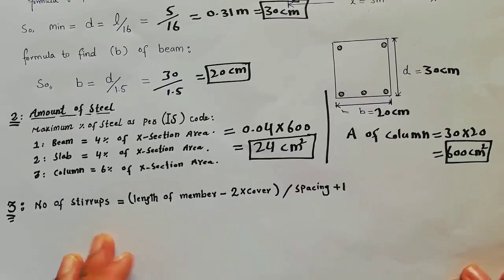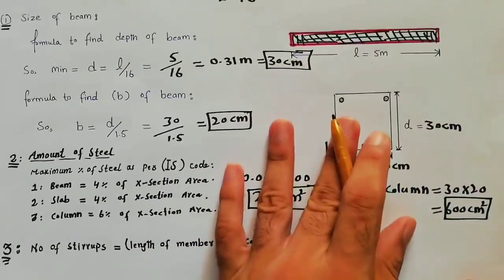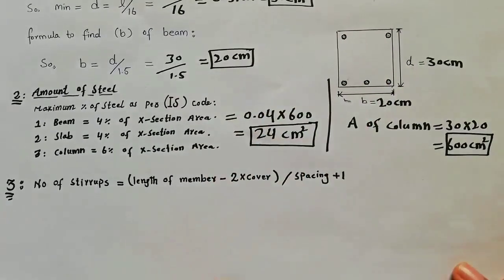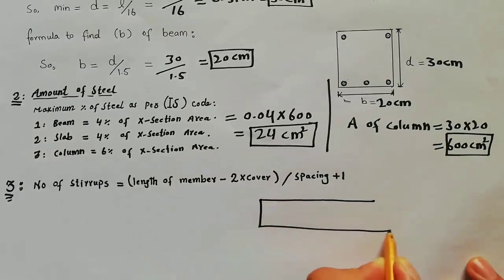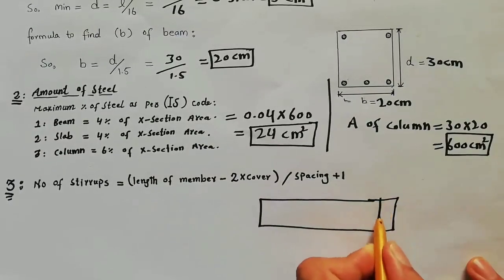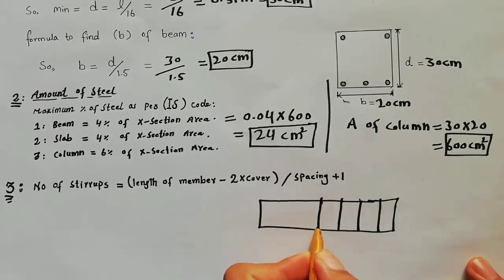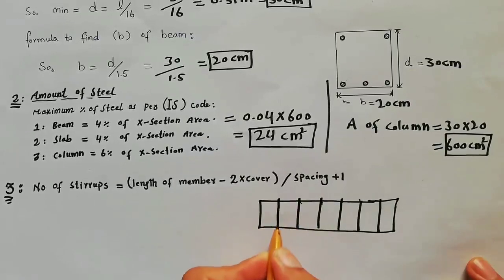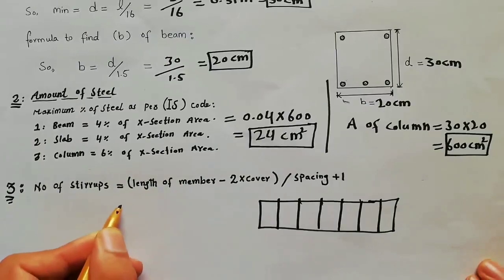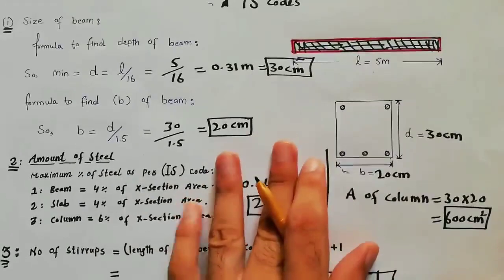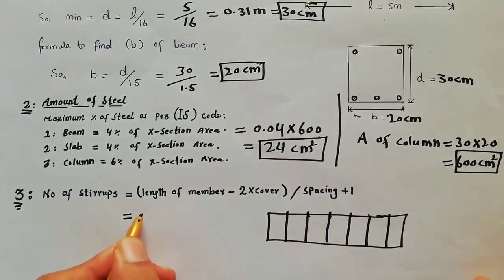So in third tip you can learn number of stirrups for this beam. So how we can find number of stirrups? This is already length of beam, so we need to find number of stirrups. How many stirrups are required? So this is the formula: length of member. Length of member is already here 5 meter, right? So 5 meter